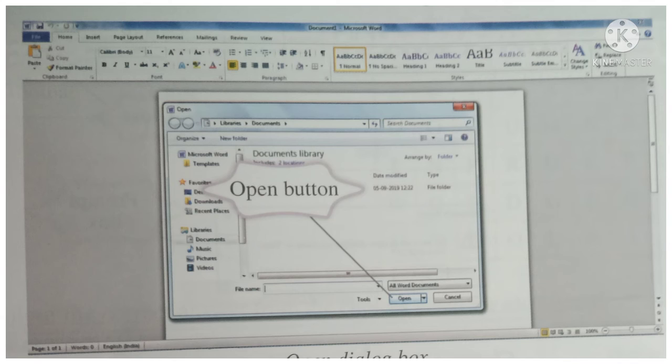Number 3. Click on the Open button at the lower right corner of the dialog box. Number 4. If you have recently saved a document, click on the Recent button. It appears in the list towards the right of the drop-down list. Click on the particular document to open it.